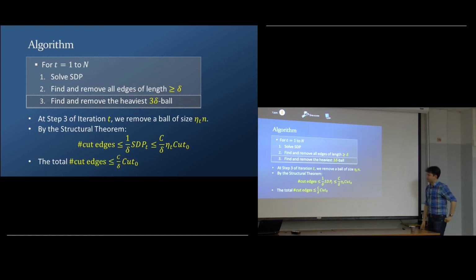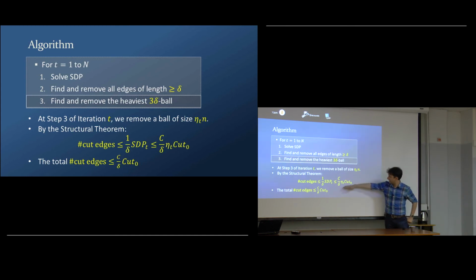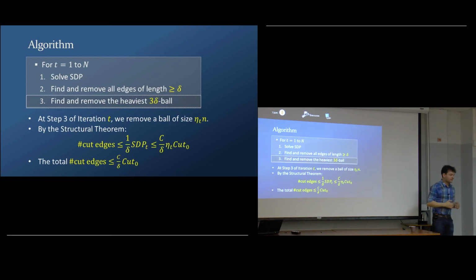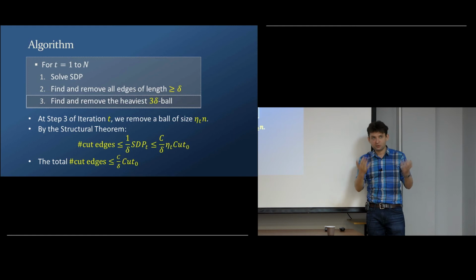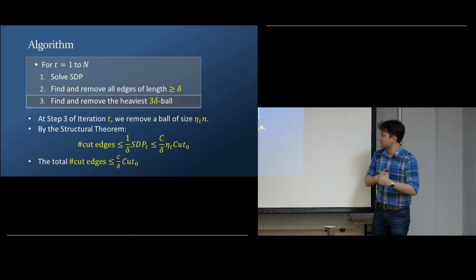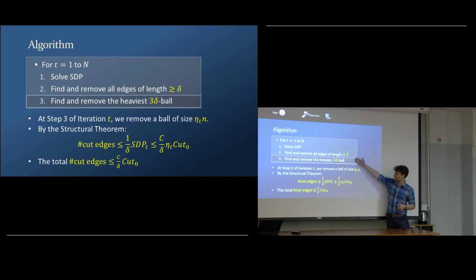Now we can sort of charge every vertex removed at this step. We removed ETT n vertices, and we kind of paid ETT cut 0 edges times some constant. So we can charge every vertex with the cost cut 0 over n. Since in the algorithm we don't remove more than n vertices, maybe 2n vertices, the total number of edges removed at all steps number 3 is bounded by some constant times cut 0. Okay? Right? Here it's important that we remove many